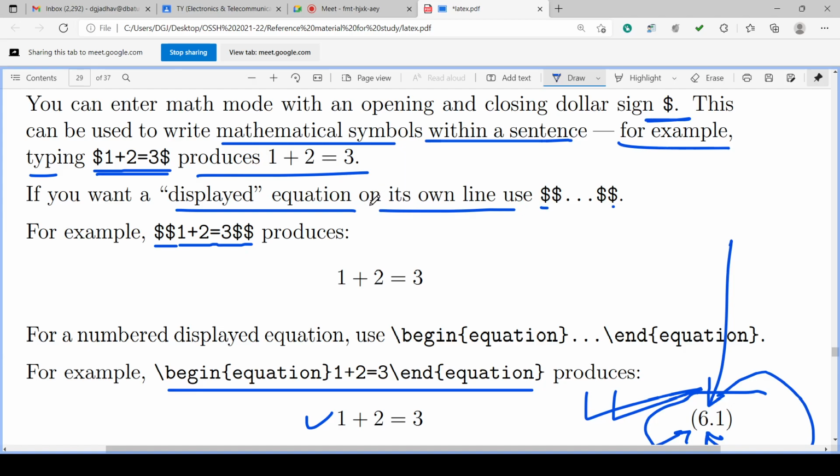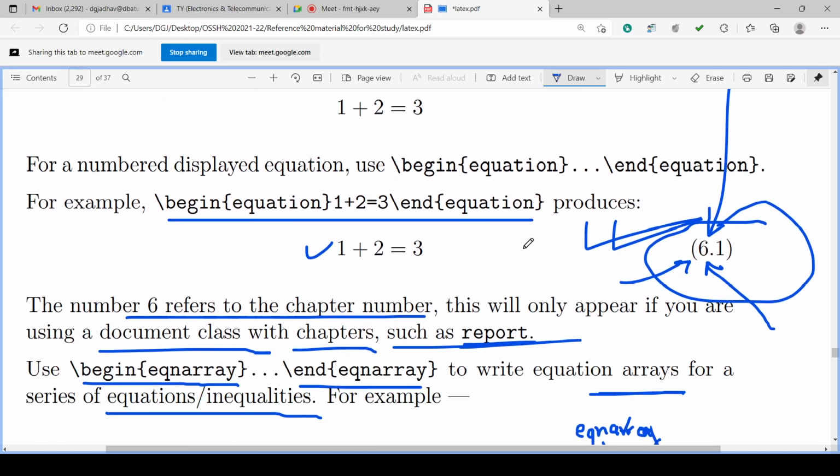If you want to display the equation on its own line, a separate line equation, then the example will be double dollar, 1 plus 2 equal to 3, double dollar. It will produce 1 plus 2 equal to 3 displayed on its own line. If you want to number the displayed equation, then we can use begin equation, end equation, which automatically numbers it.